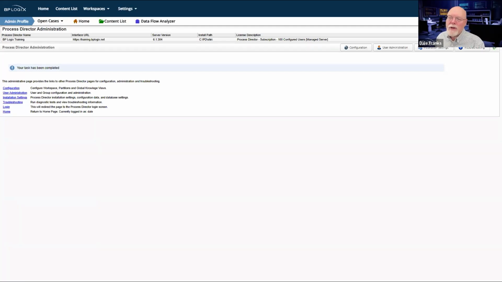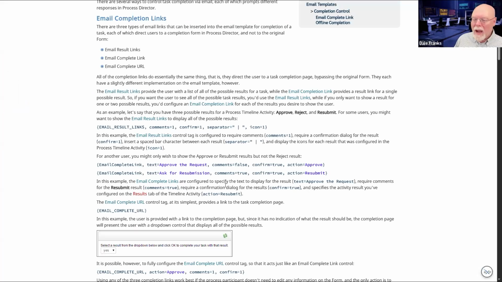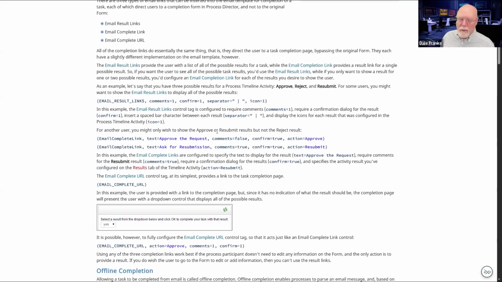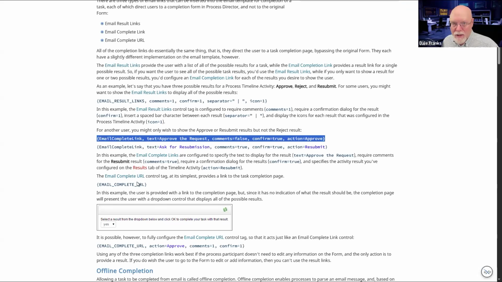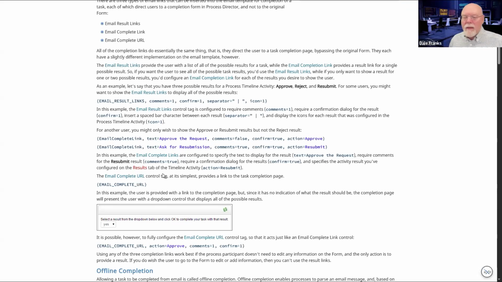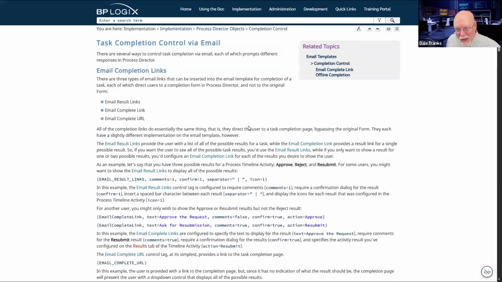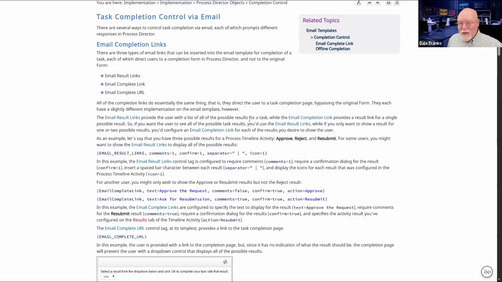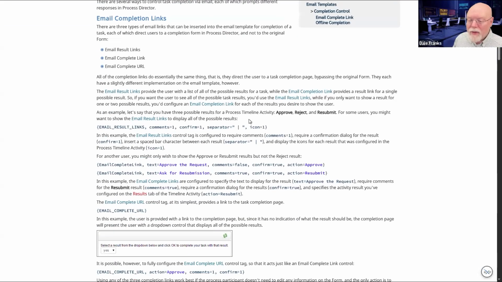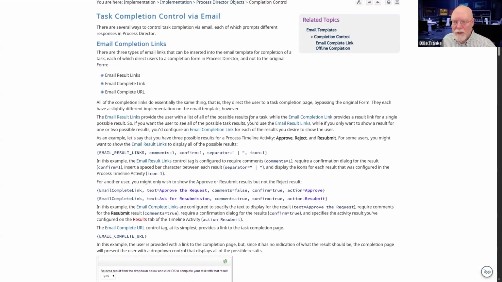So I've got those three methods of doing task completion. Sometimes it's useful to be able to do this, especially for senior people, or especially in a situation where I can show a single result that I want them to have access to. That's a great thing to do sometimes, but for the most part, while this task completion control is there, and you do have to know how to do it, you have to think very carefully about the circumstances in which you want to implement task completion control.